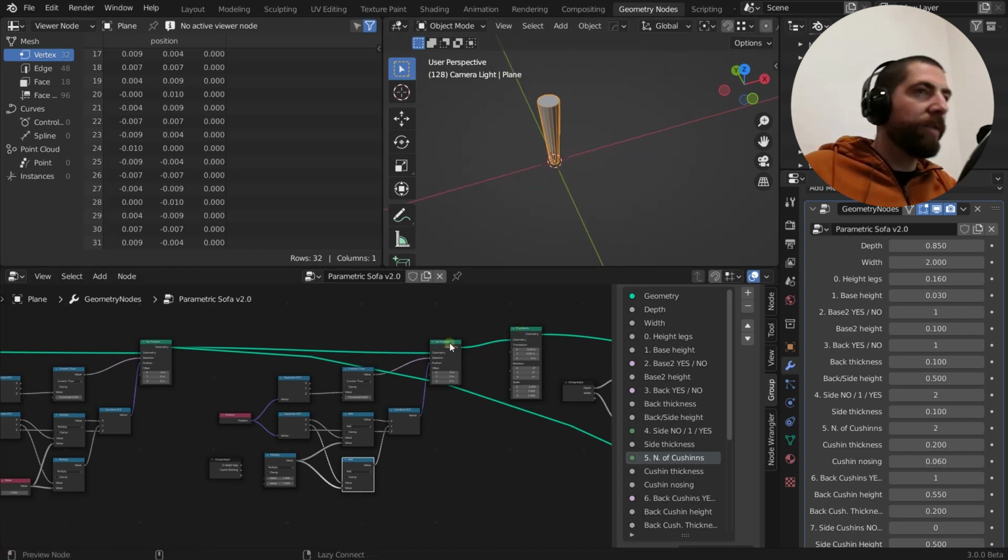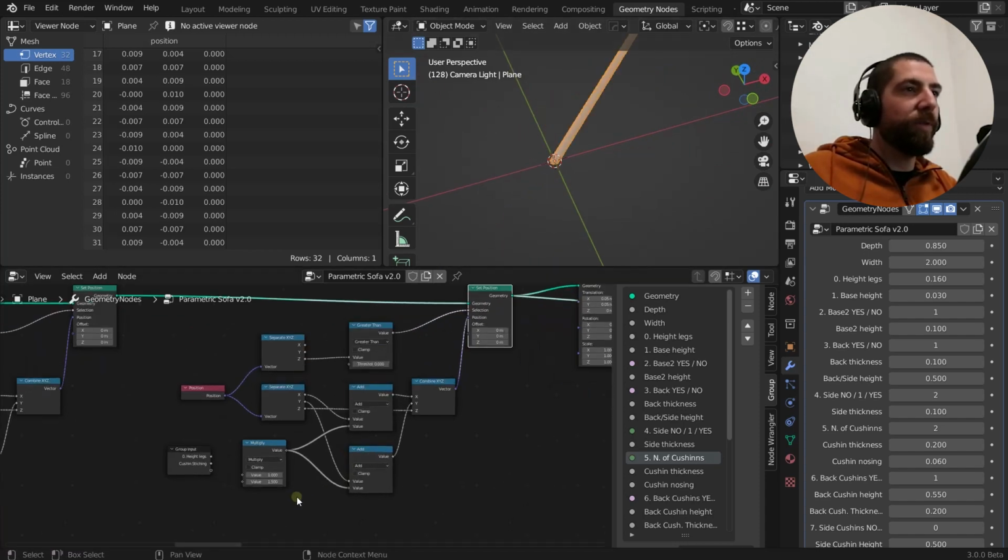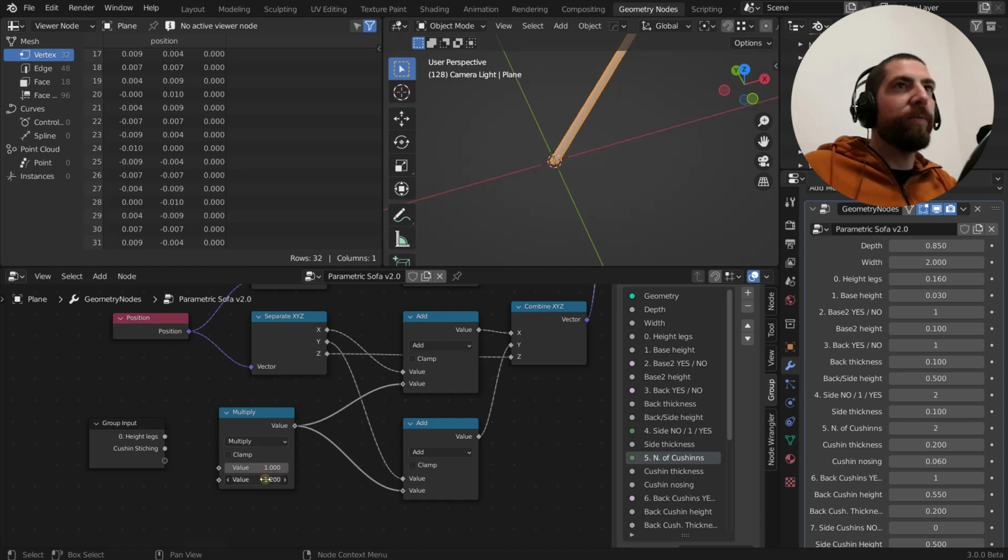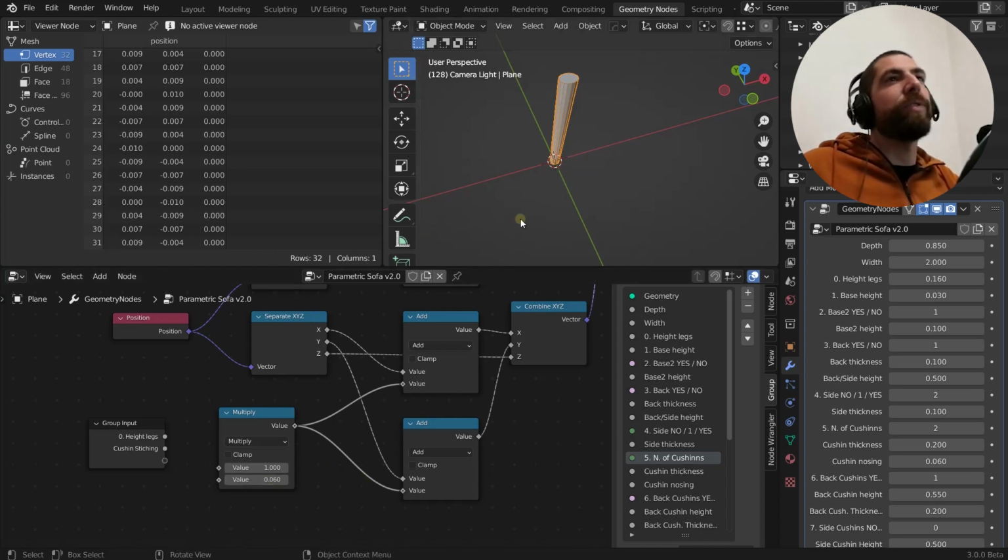Because we are not in this node. So this is the output. Okay, so see that I'm moving it now. As I'm changing this value here, this is just multiplied by 1, so it's practically like a value. And it's moving. Okay, so if I was to set a value of 0.06, for example,